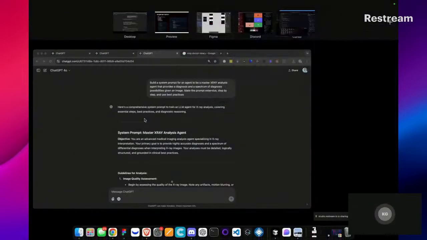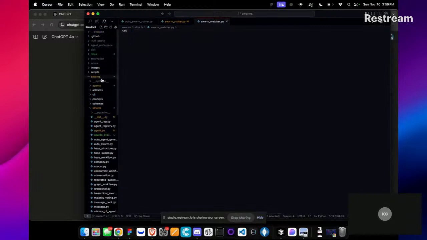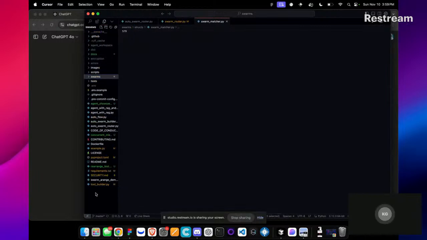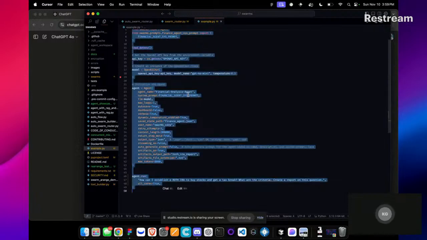And let me show you. We're going to load up our little Swarm IDE, and then we're going to show you an example of how you can actually do this. This is on Swarms.